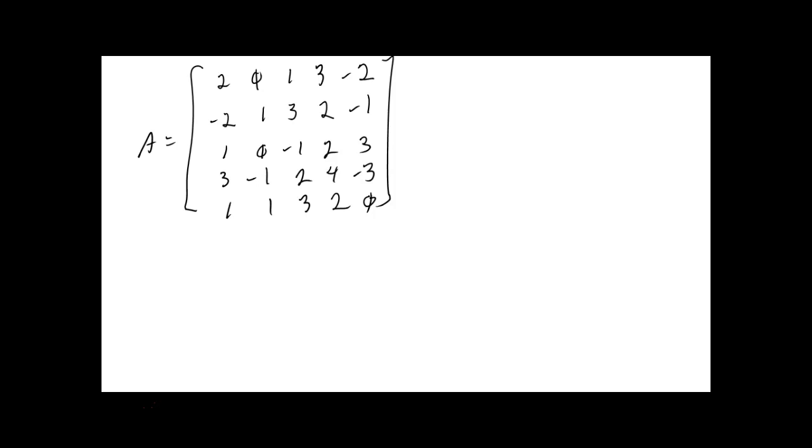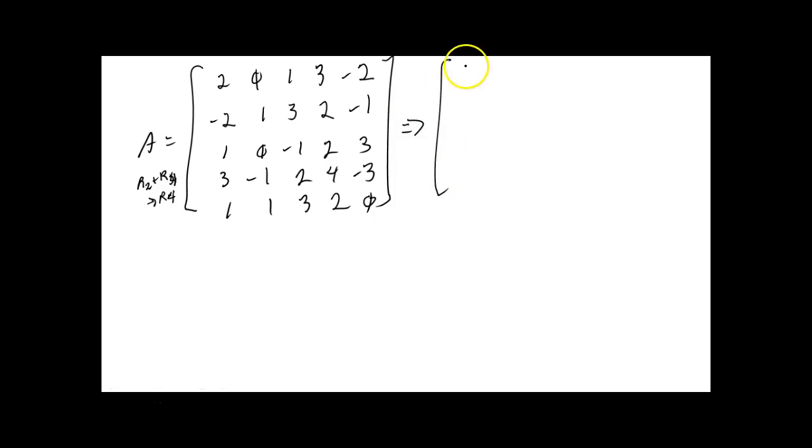So I would say let's add row 2 to row 3. Row 2 plus row 3 is the new row 3. No, that's 4. Row 2 plus row 4 is the new row 4. Okay? So this would be,